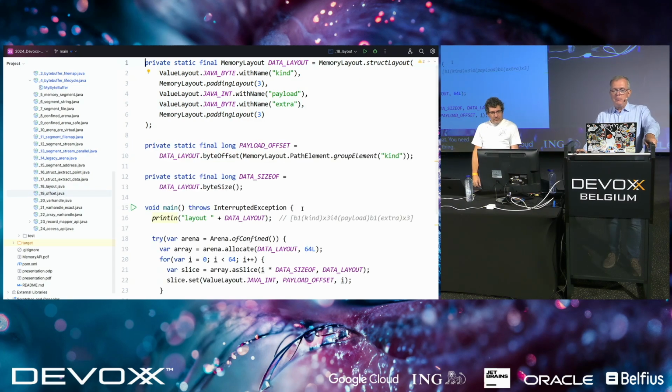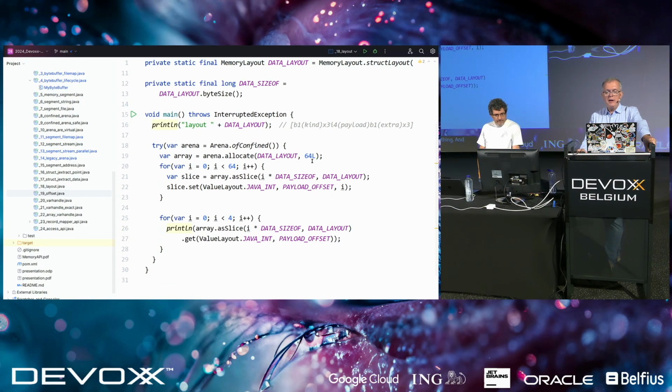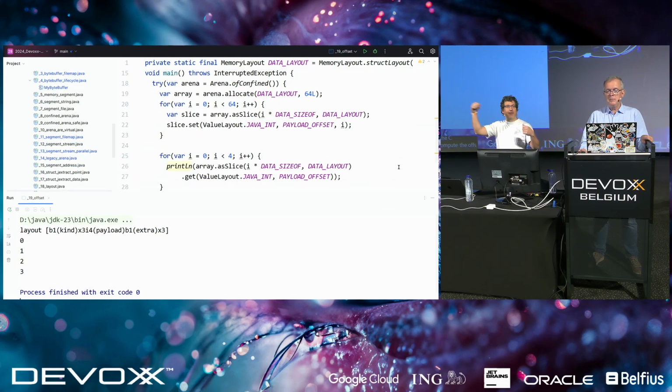And then this is about playing with offsets. So here I have this data layout, which is the data we just saw. We are putting it in an arena, and we are just accessing it using the offset. This is a pattern that we actually also saw earlier. So if you play with offset, you have to do what the C compiler does by hand, basically. You compute the offset of each, and you multiply by the size of the thing, plus the offset